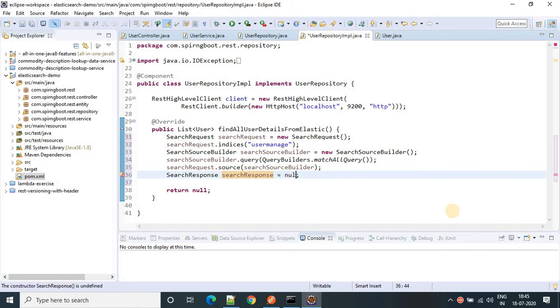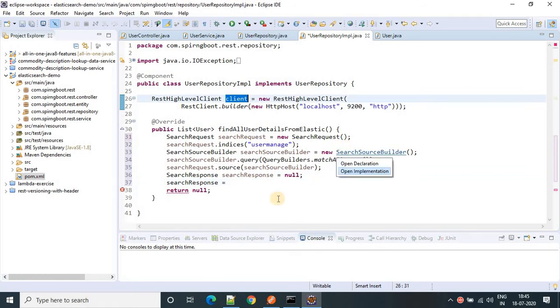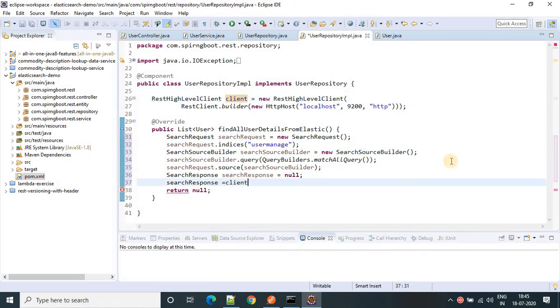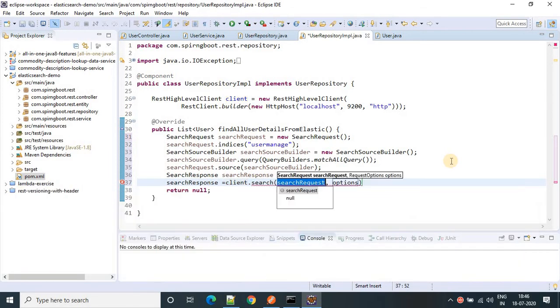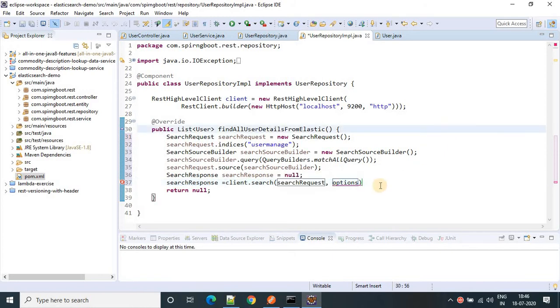And this search response equals to, we have a REST high level client, right? Use this client, client dot search, and we have to pass here the request, and here we need to pass the request option, RequestOptions dot DEFAULT.